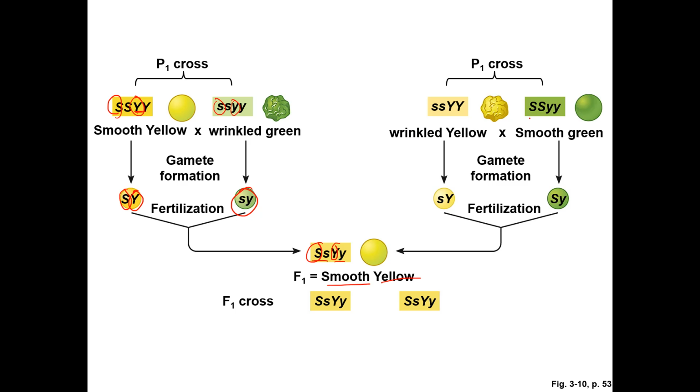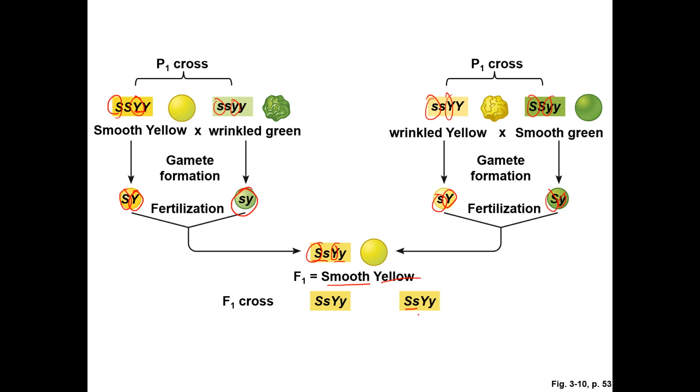We have a wrinkled yellow and a smooth green. Now from here you can only get a little s, and it's yellow, so you get a big Y. And over here you get a big S, and for this allele you get a lowercase y. So you have smooth green, wrinkled yellow, and when you cross them,